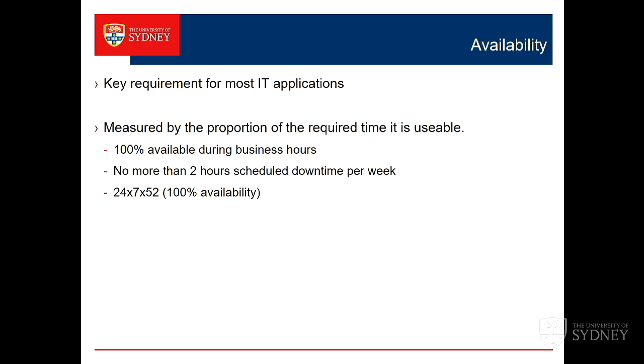Availability, I talked a bit about last week. You're going to have availability criteria as part of your system specification. That might include things like how much downtime you can have. There will be maintenance. The application maintenance will be there. System maintenance will be there. The operating system vendors and the infrastructure vendors will say, you have to do maintenance on this system. It has to come down for that.